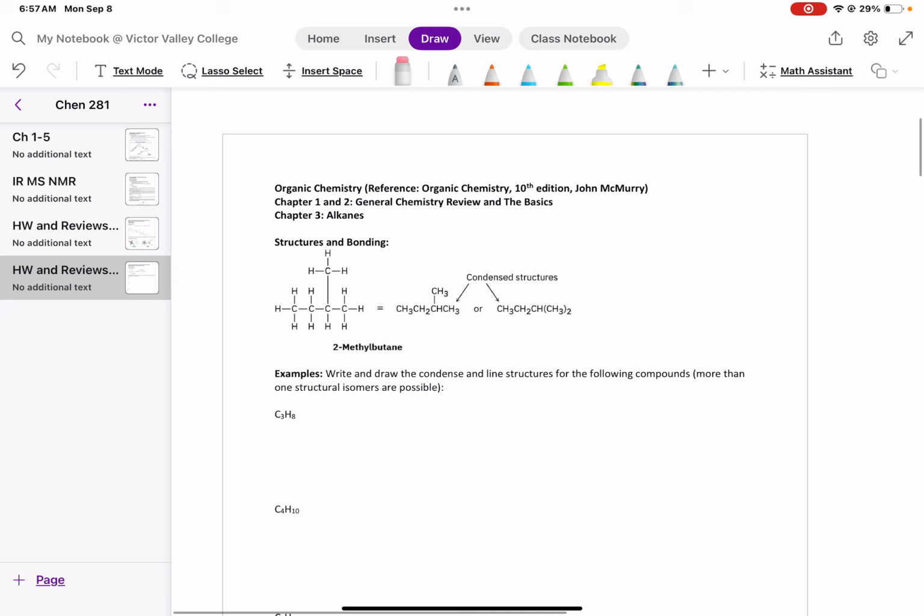The key concepts and skills from Chapter 1 and 2 are drawing Lewis structures, and our main focus will be on organic molecules. Here I'm showing you the expanded structure